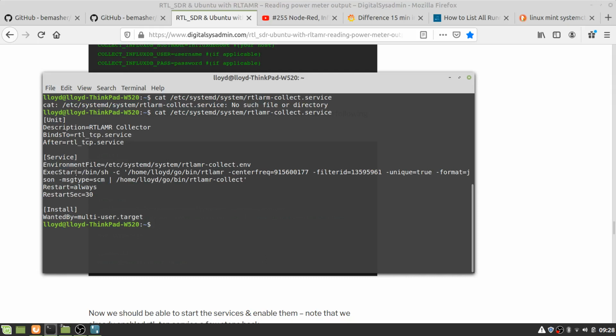So here's the start, and I put in the path all the way from slash to home to Lloyd to go to bin. rtl_amr center frequency is 915,600,177. Filter ID is my